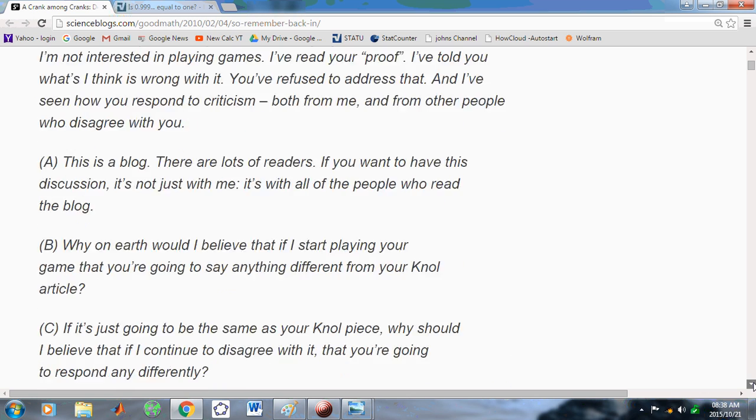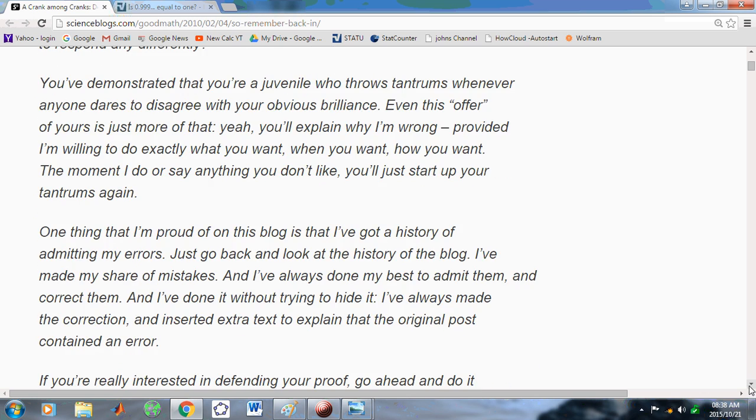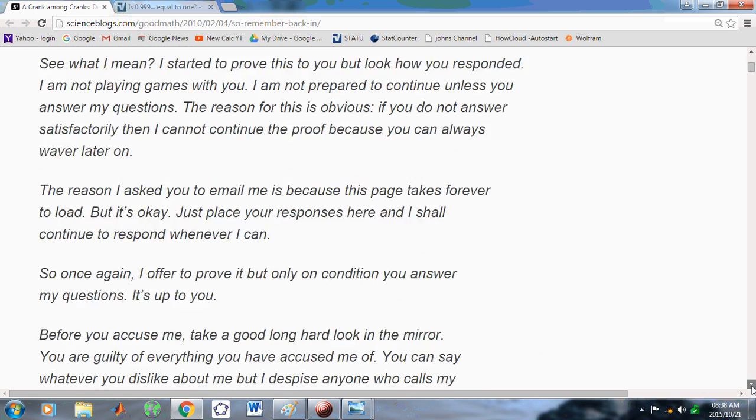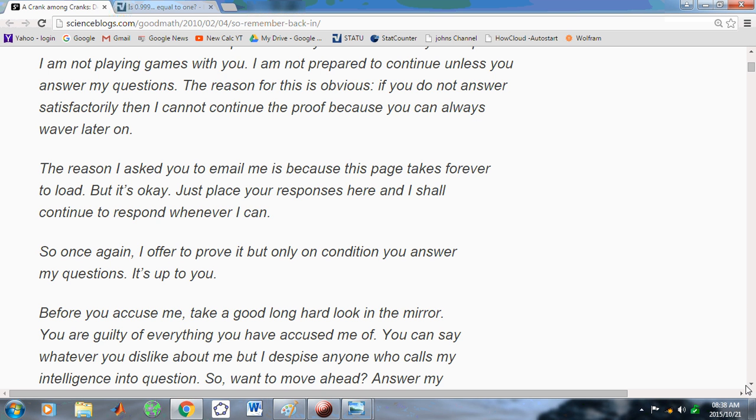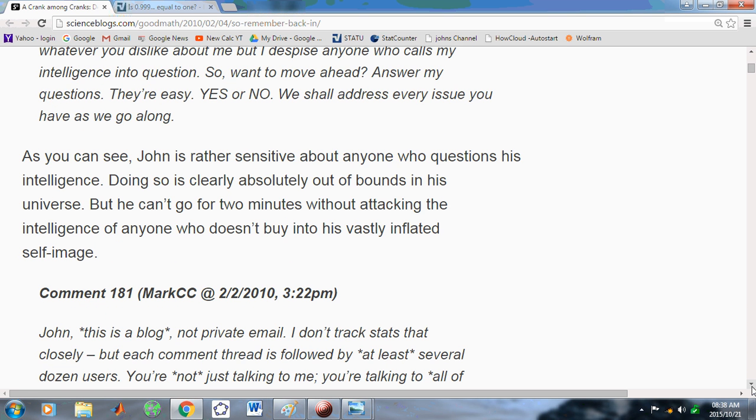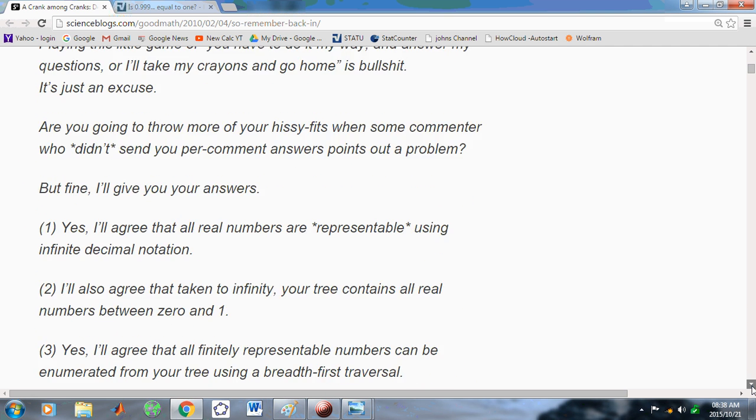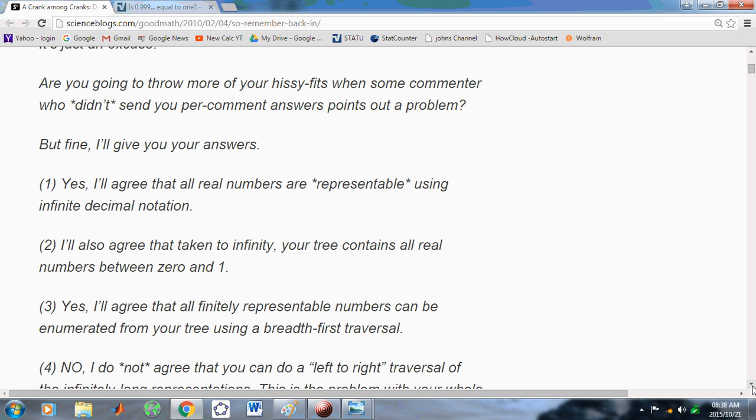But his reason is that he believed that while you could represent all the numbers, you could not enumerate them. So he says eventually, but fine, after all that vitriol and whatnot, he comes back and he says, but fine,